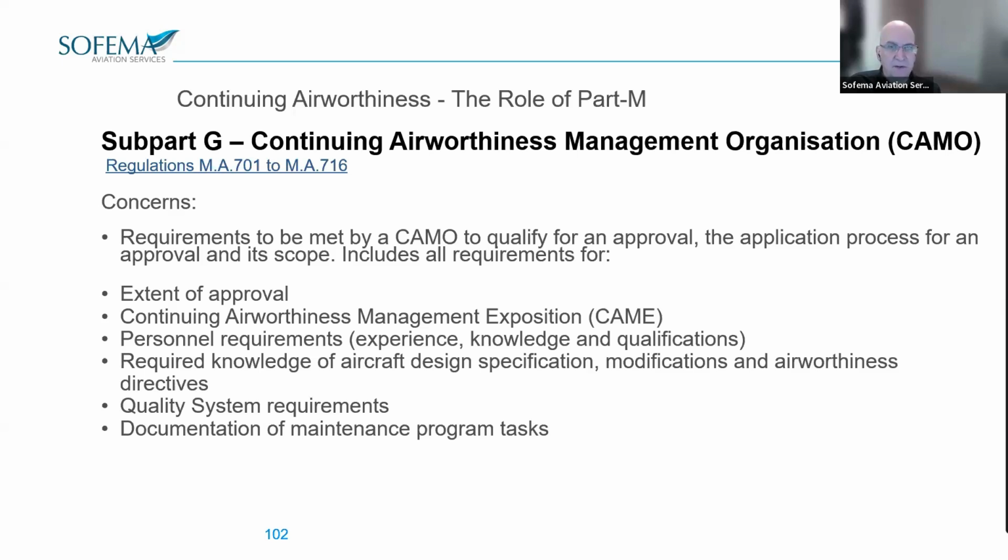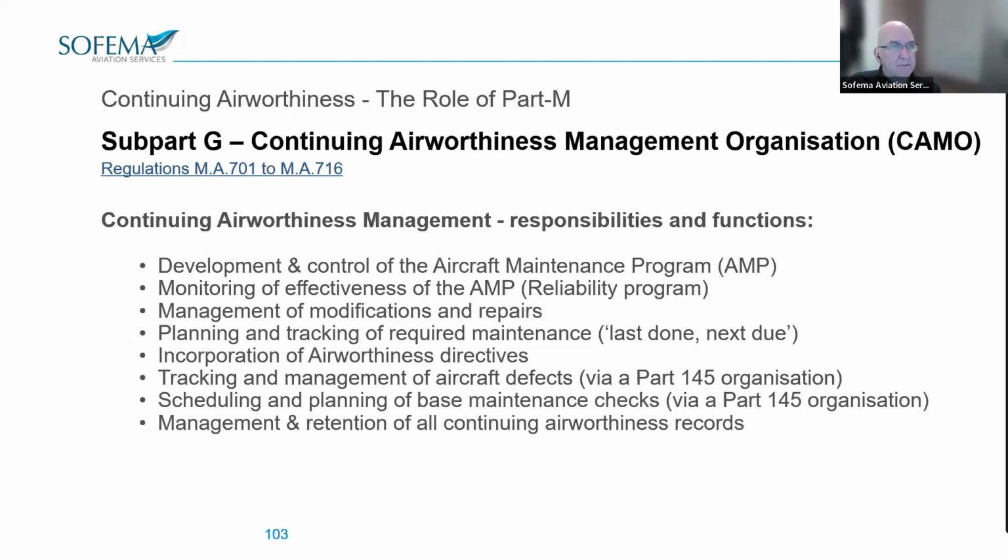There are actually a long list of responsibilities for a CAMO organisation concerned with the management of the aircraft maintenance programme and the planning of all required maintenance. Subpart G, continued. Continuing airworthiness management responsibilities and functions can include the following: development and control of the AMP, monitoring of effectiveness of the aircraft programme, which is the reliability function, reliability monitoring, management of modifications and repairs, optional service bulletins, mandatory service bulletins, and damage-related repairs,